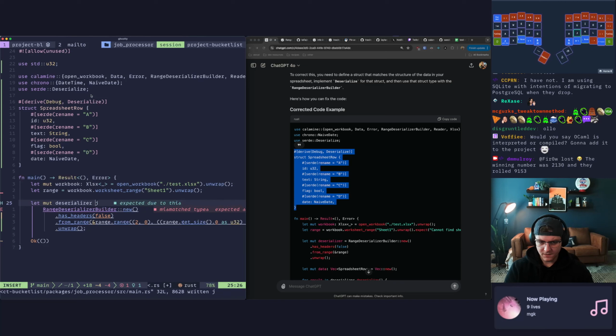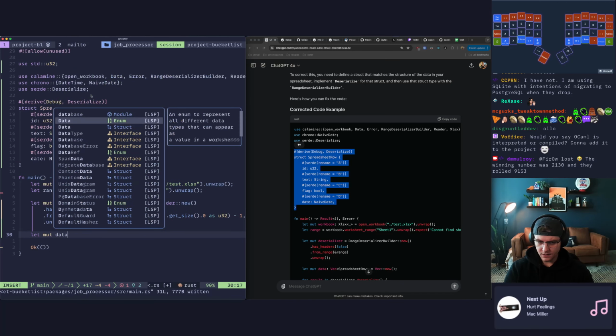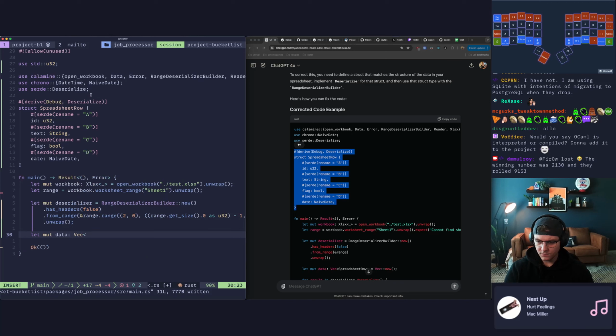We can wait to put the type annotation on until we use it, right? We'll do the same thing. Let mut data is a vec of spreadsheet row, and that will equal